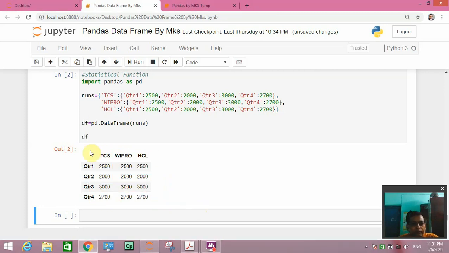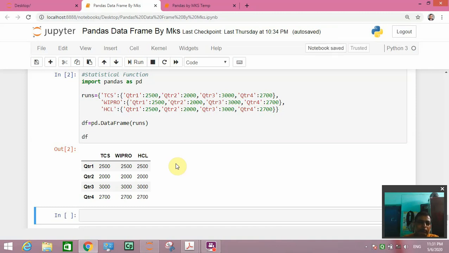So now we will apply a statistical function, which is also known as an aggregate function, as it takes multiple values and returns a single value or single answer output. That's why it is called an aggregate function.